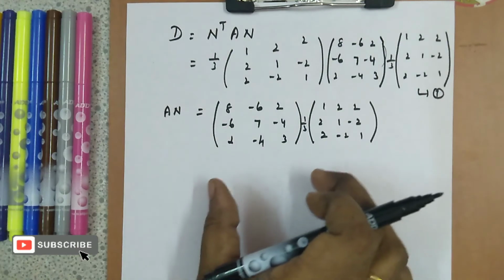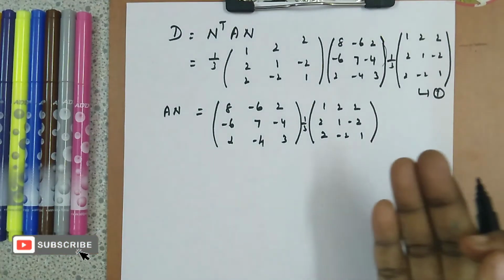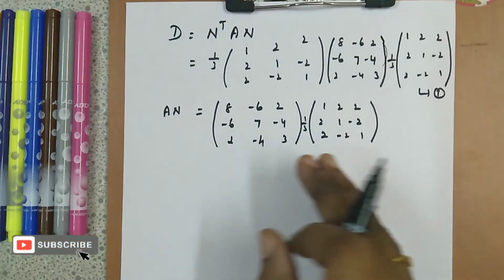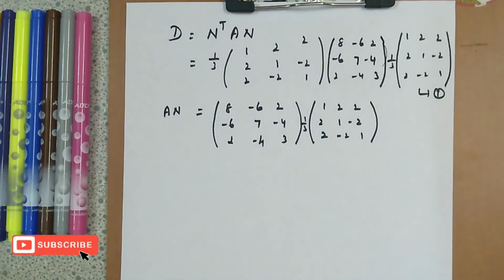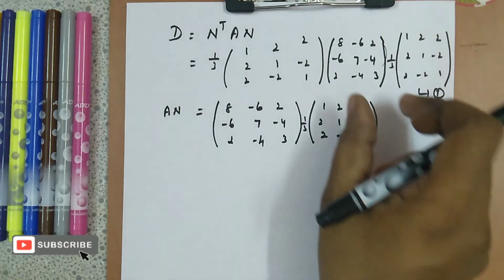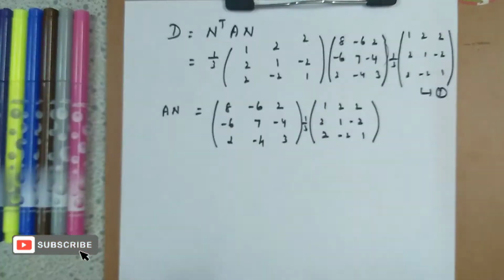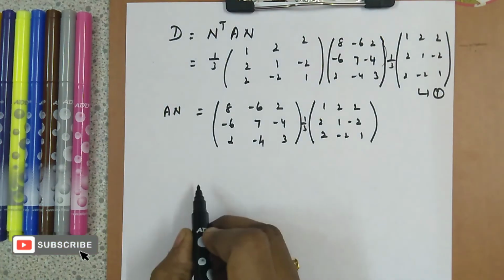There is no need to do it manually, you can do it by calculator also. The matrix multiplication link is also given in the description box, so you can refer to that. So after finding the AN value, back to equation 1, substitute that matrix here, and then multiply with the N transpose. The answer should be